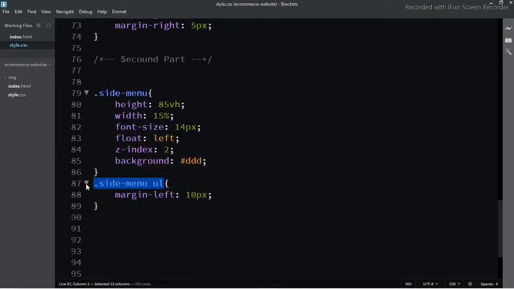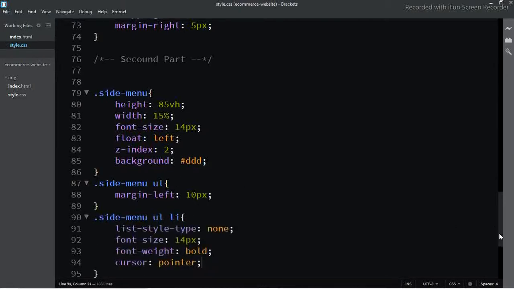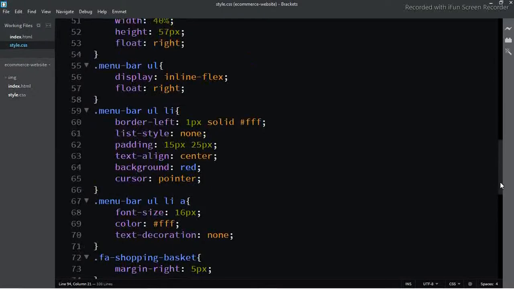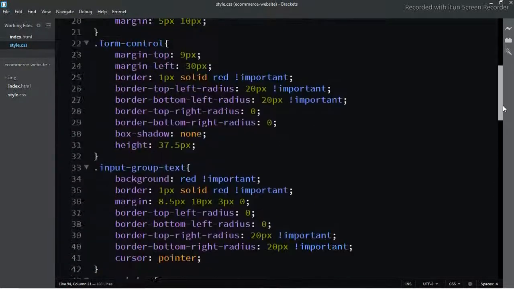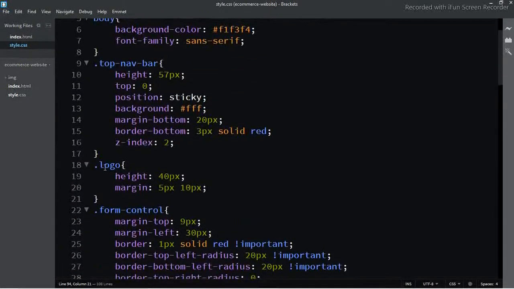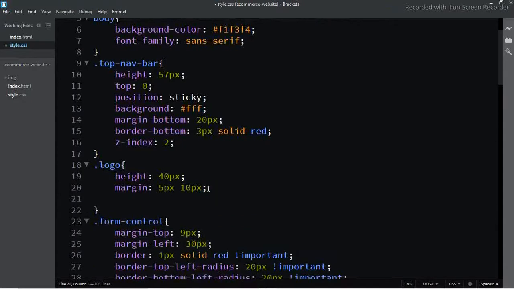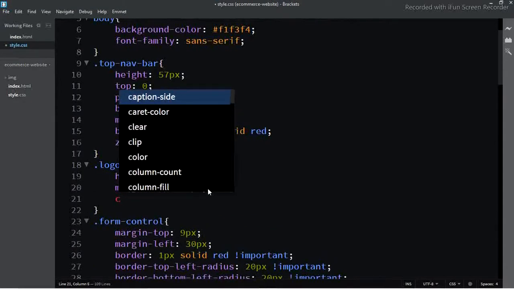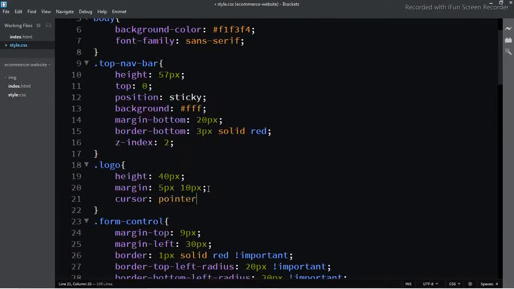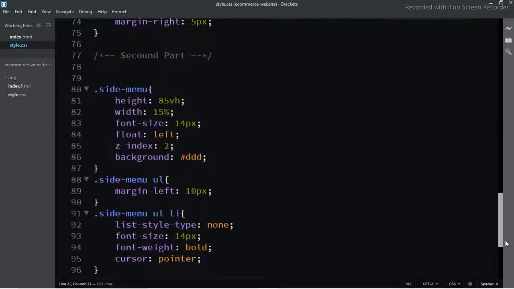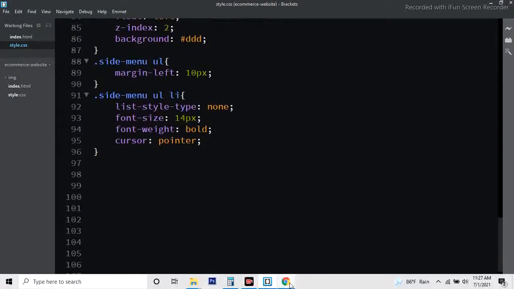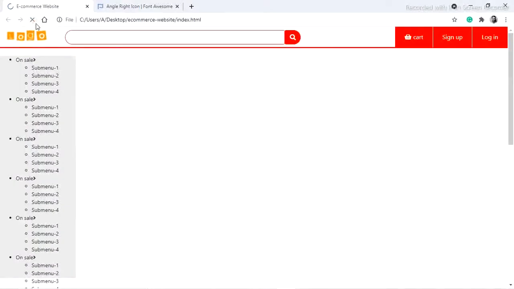Copy this, li. Add cursor pointer on the logo. Now you can see these dots are removed.